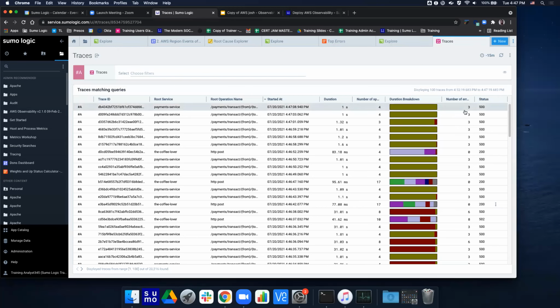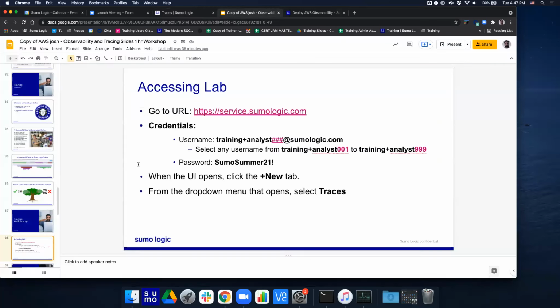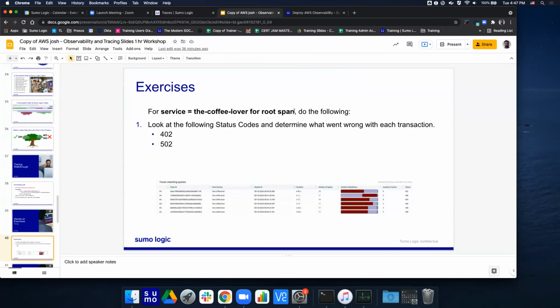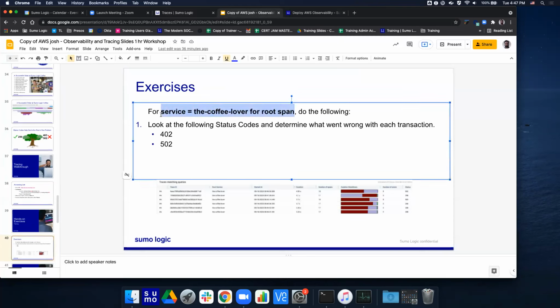All right, now let's go back to our slides just for one more slide here and describe the hands-on exercises. So what we want to do is look at all the status codes, and start to filter our data with this filter. And I'm going to paste it into the chat as well. What this filter is doing